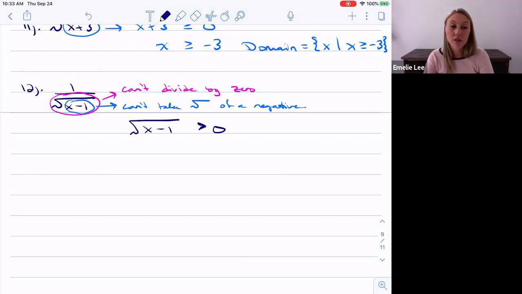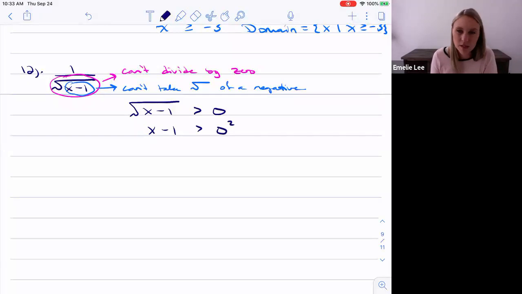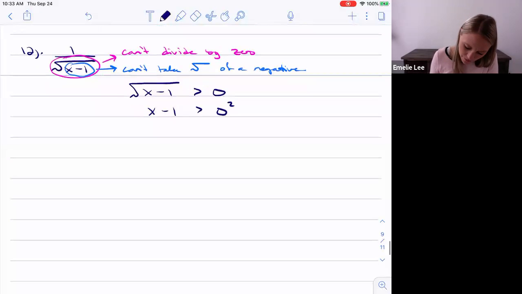Right? Because we can't divide by 0. So the condition then is going to be, like I said, we can manipulate this inequality by just squaring, just like we would with an equal sign. So we get x minus 1 is greater than or equal to 0 squared. 0 squared is just 0,